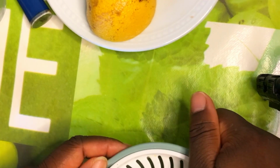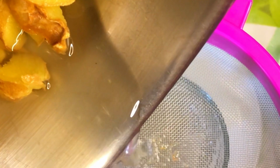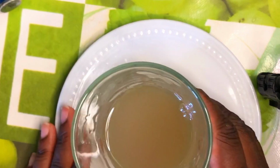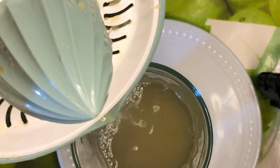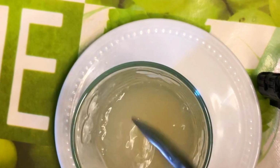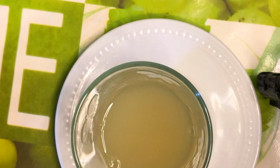So you take your sieve and a glass cup, just sieve the water to make sure that the ginger doesn't go in there. Fine, you can't just take everything away, but at least you are sure that those big ones don't enter. And so you can see it's ready. Our ginger tea is ready. Now put the lemon in there. Just stir a little, and we are going for our third ingredient,